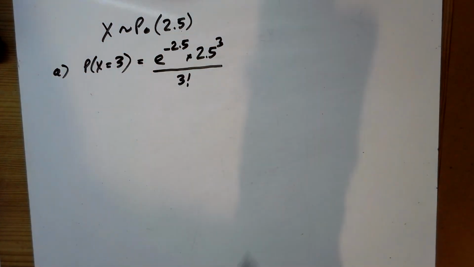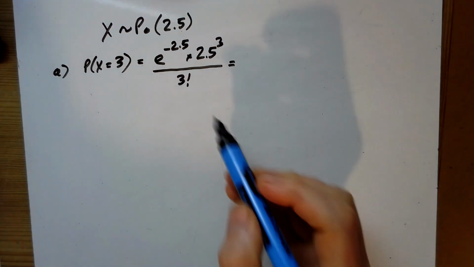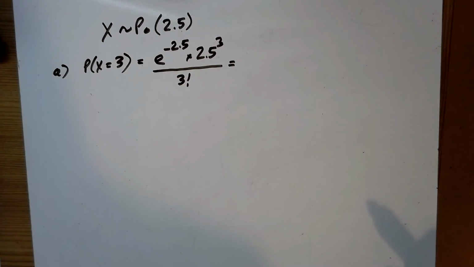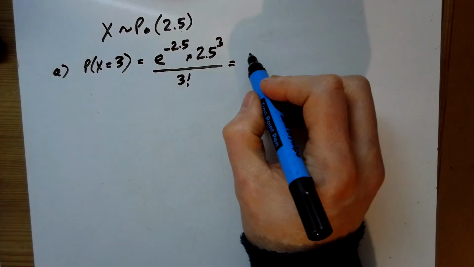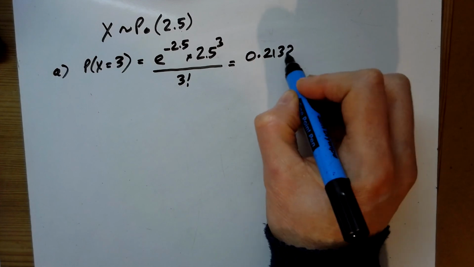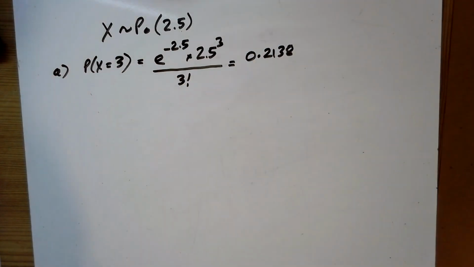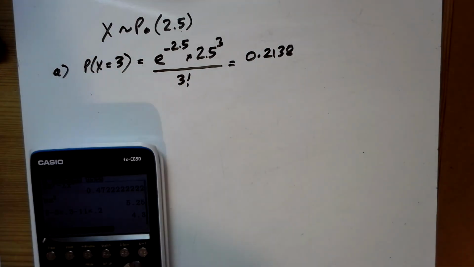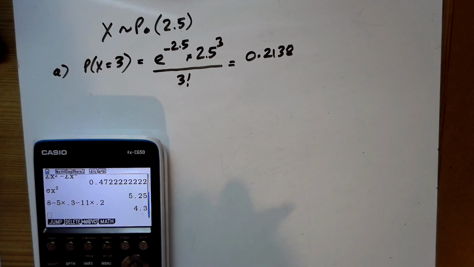The 3 is the x value, and the lambda is this value here, and we just tap that into the calculator. Tapping that into the calculator gives us 0.2138. Or, rather than using the formula, please do use the formula a few times,